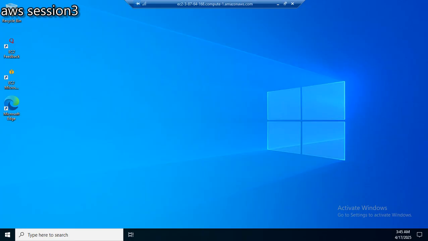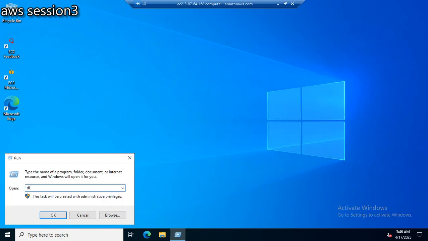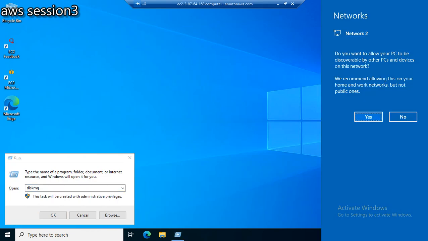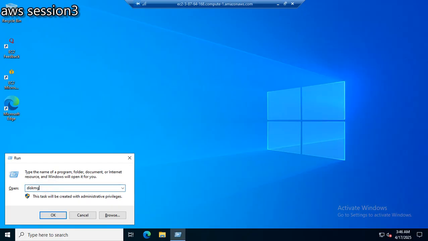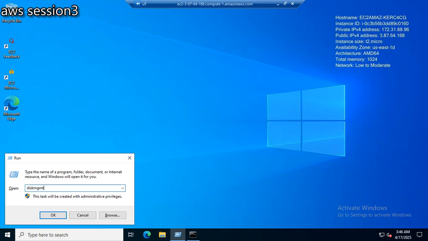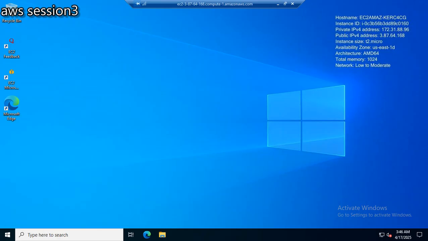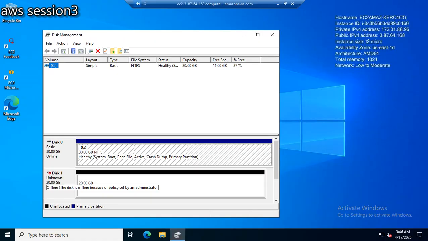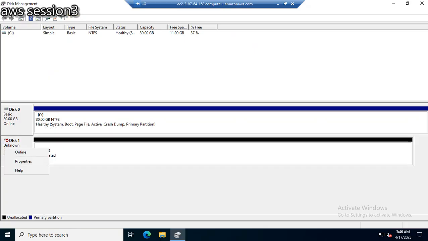So how will you do the partition and format? Go to Disk Management. Which command do you need to type? In the command prompt, diskmgmt.msc.